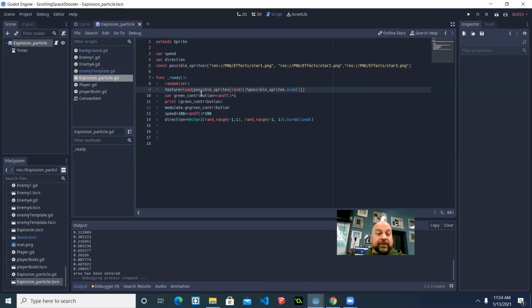Okay, as it turns out, I did have to say the texture would have to be loaded. So the problem wasn't that it was a string. It was that I had to add texture equals load and then choose one of these possibilities. Another flaw in my programming, so I have to go back to the